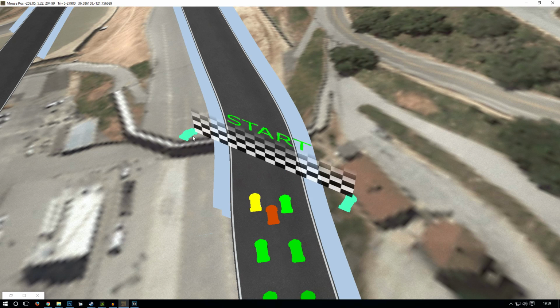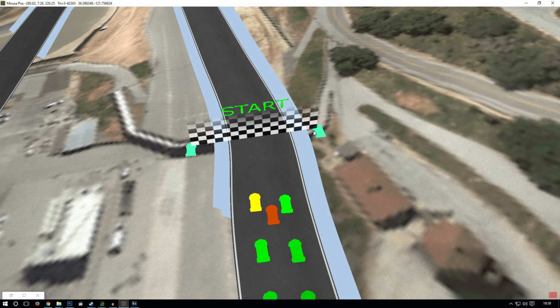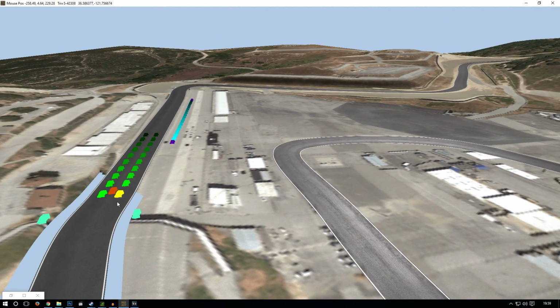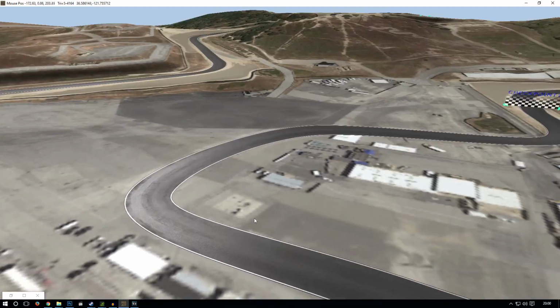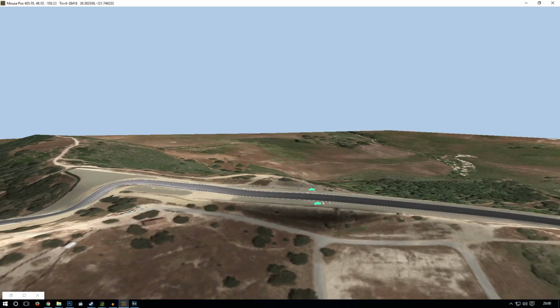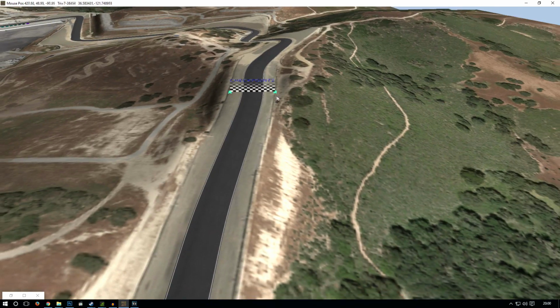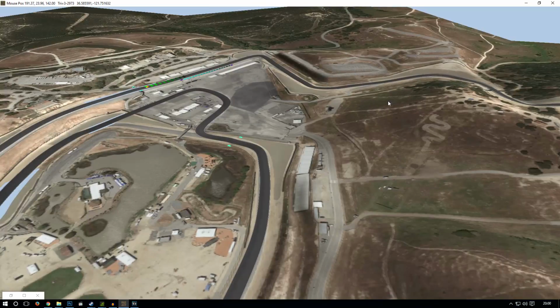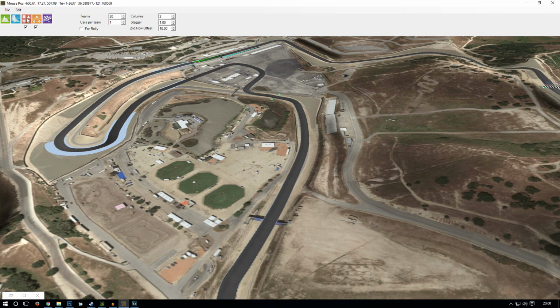Again, you can change it to match where it would be in real life just by clicking and dragging the little cars. You have your starting grid here, your start line, and you also have your sector points. I don't know where they are on the real Laguna Seca, so we'll just leave them where they are for now. But you can move them all around, put them wherever you want. Going back to the track editor,